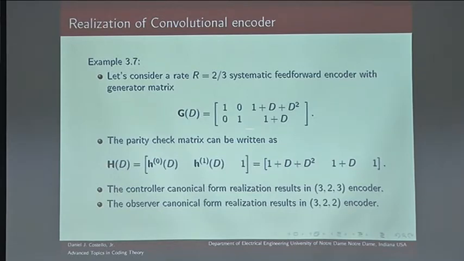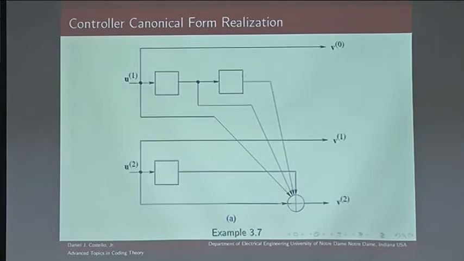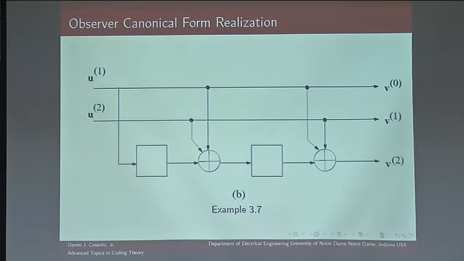Or you can look at it from the generator matrix point of view too. The 1 plus d squared associated with input sequence 1, the 1 plus d associated with input sequence 2. These are, again, equivalent ways of looking at it. So the point here is that you can get